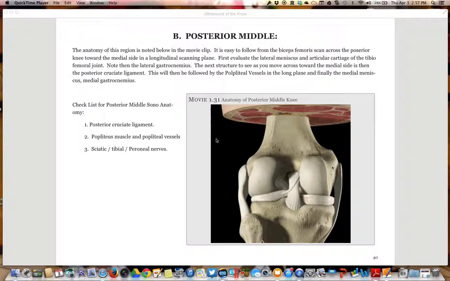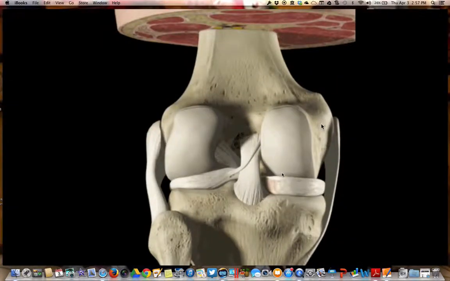Let's review the anatomy of this area and review our checklist, which will include the posterior cruciate ligament, the popliteus muscle and popliteal vessels, and the sciatic, tibial, and peroneal nerves. When we examine the posterior middle aspect of the knee, the key structures we want to understand their anatomy are